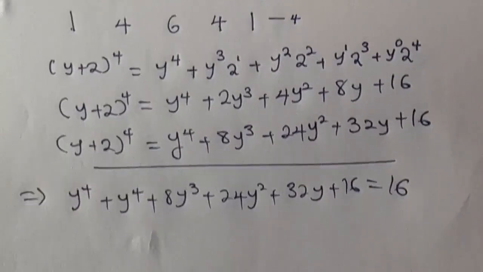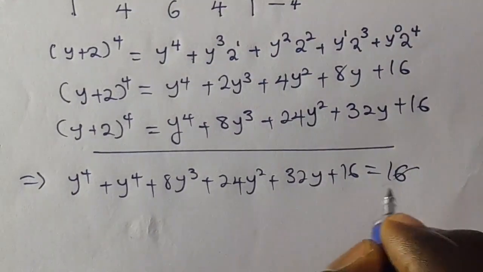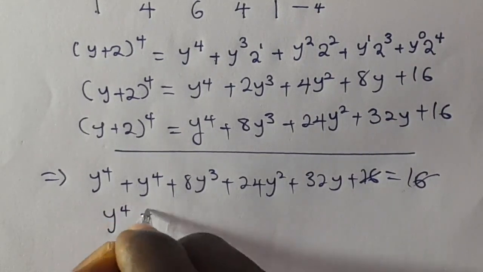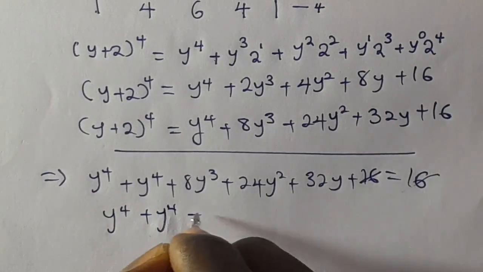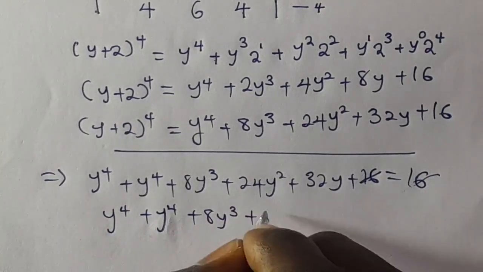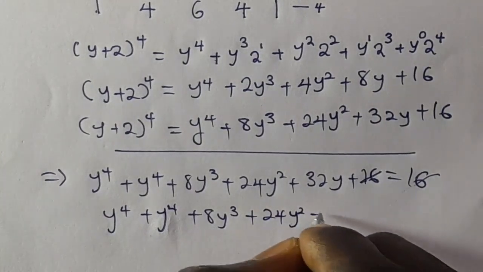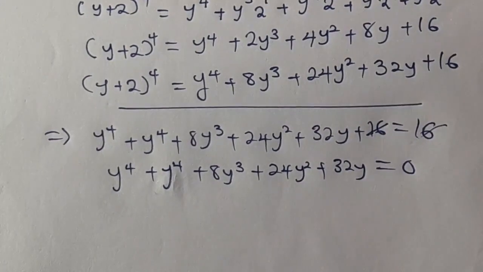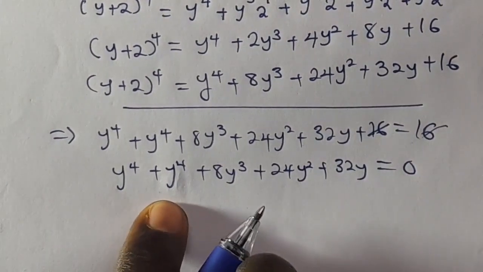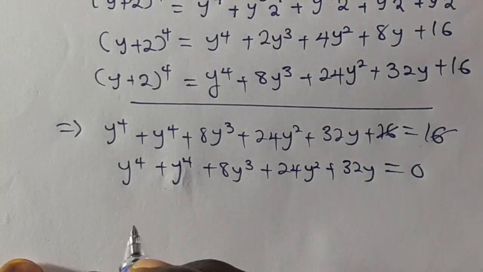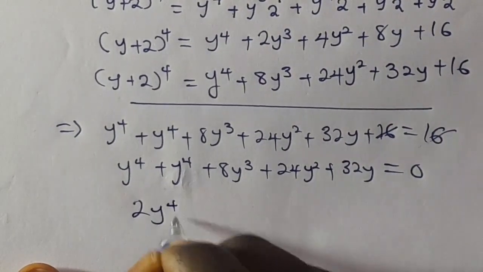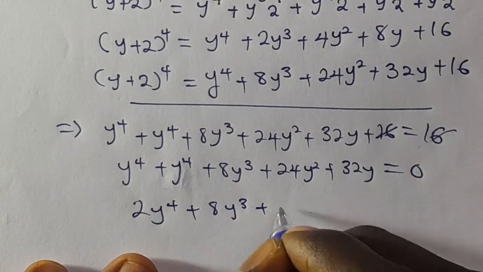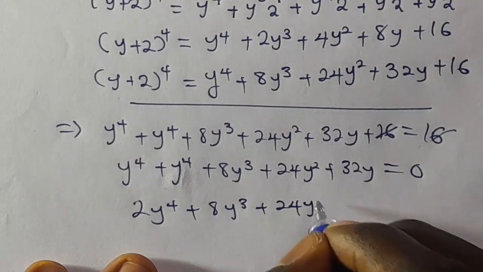So therefore, obviously this 16 will cancel this 16. Then we are going to have y raised to the power 4 plus y raised to the power 4 plus 8y cube plus 24y squared plus 32y equals 0. Now we have y raised to the power 4 plus y raised to the power 4. You can easily have this to be 2y raised to the power 4 plus 8y cube plus 24y raised to the power 2